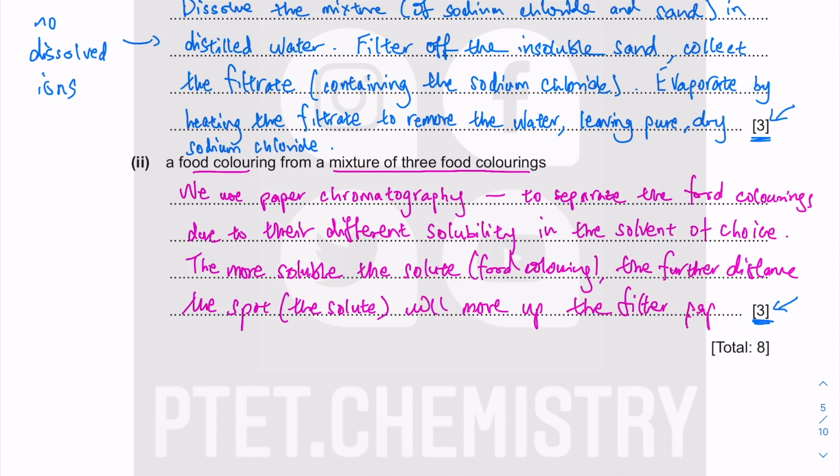And how do we know they are separated? There are 3 food colorings there, so if separated, we will expect 3